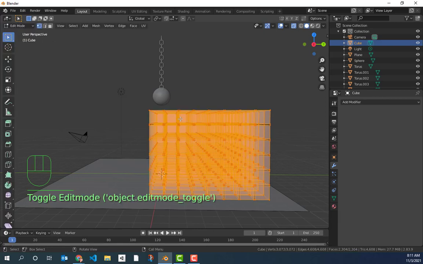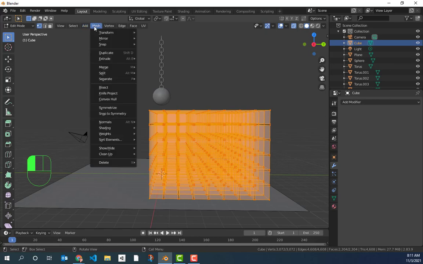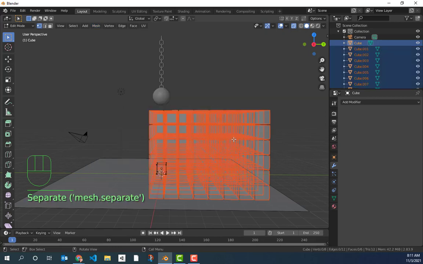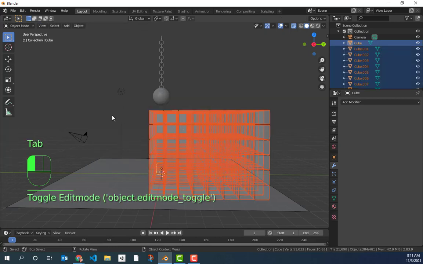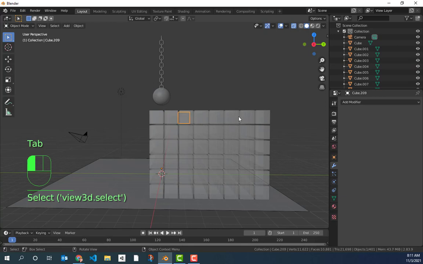There we go. All right, I just had to select on the array of bricks there, and now I'm in edit mode. So what I want to do in edit mode is go to Mesh up here in the top left, and go down to an operation where you can separate by loose parts. Now all of those boxes, if I go into object mode, you can see that they're all boxes,